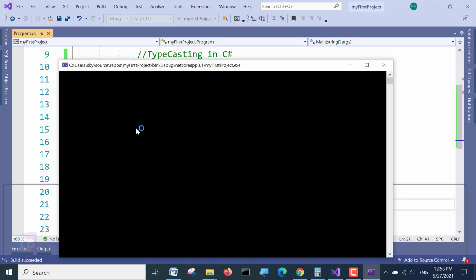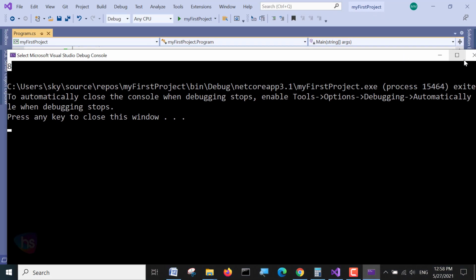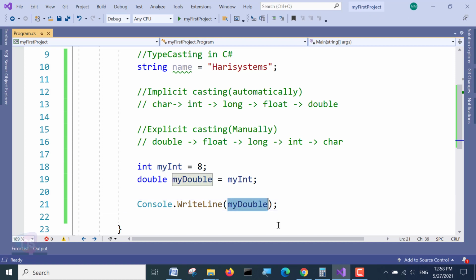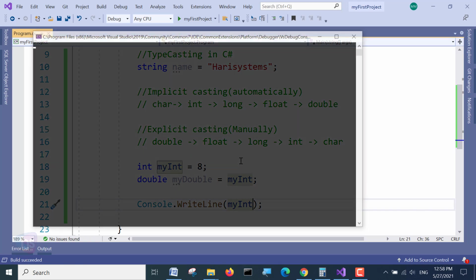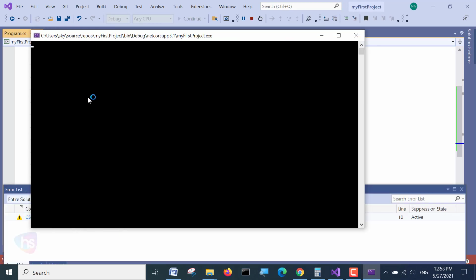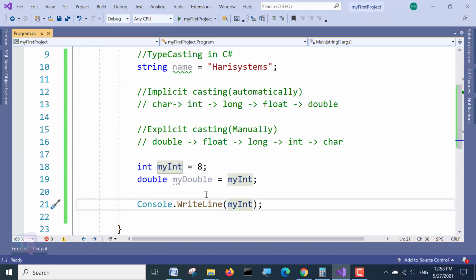Yes, I'm getting 8. Perfect. Now I change it to myInt and run the program. Yes, it comes quickly. Even now I'm getting 8. So when converting integer to double, there is nothing to do. It is converted automatically.